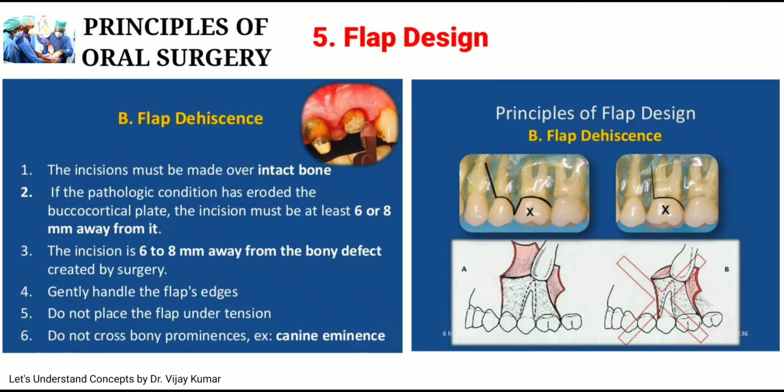When you do all these things, there will be no separation of the flap margins or gapping of the wound, and flap dehiscence will be prevented. But if you handle the tissue poorly, suture it too tightly or under tight tension, or if there is hematoma formation or infection, it will separate the flap margins from each other and lead to dehiscence.